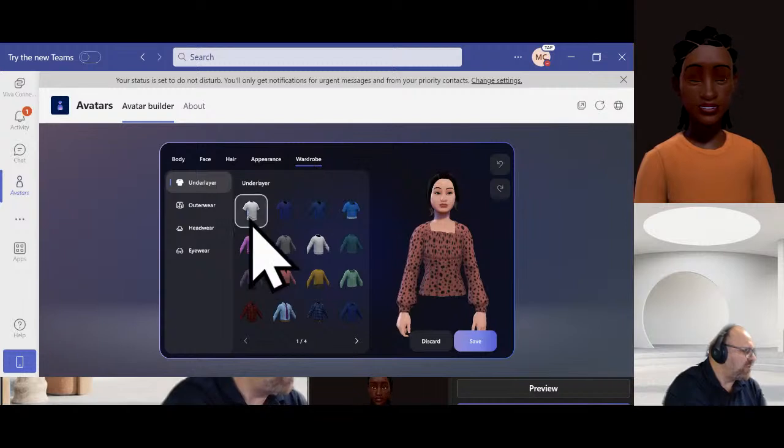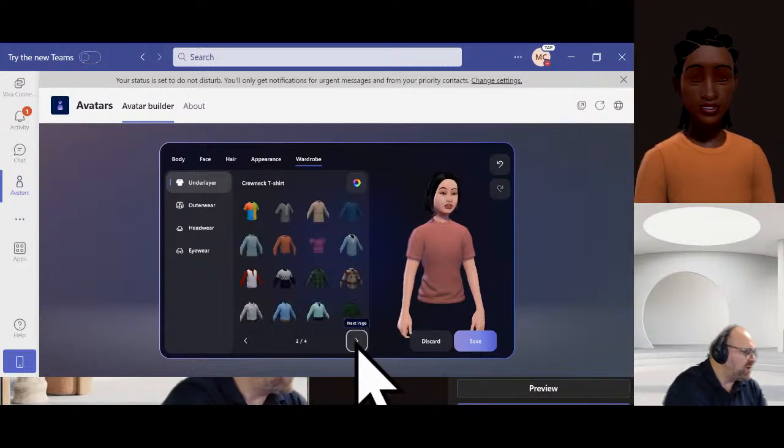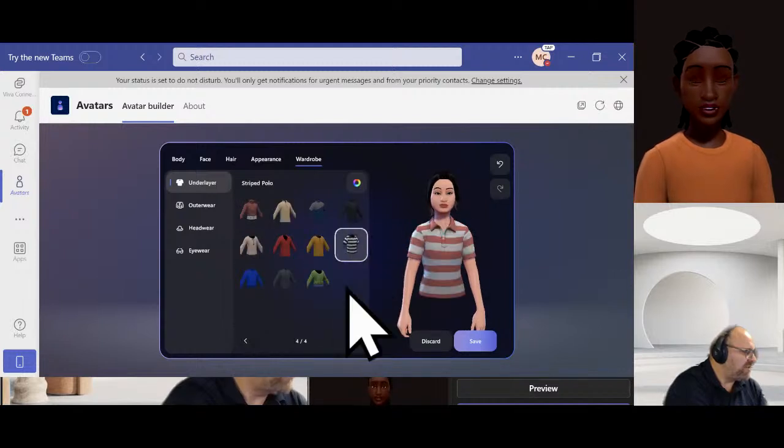Finally, I have wardrobe choices as well that I can put on my avatar. So 4 pages of choices that I can dress my avatar in.